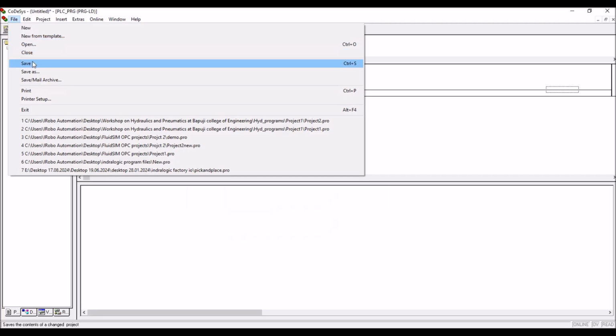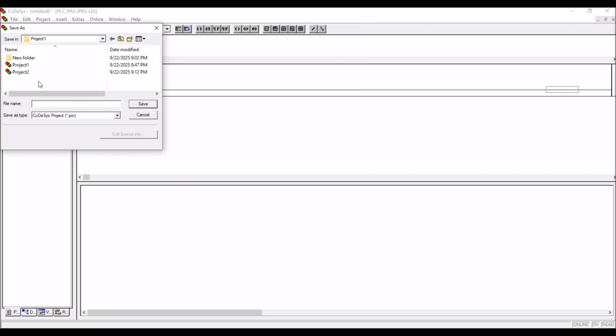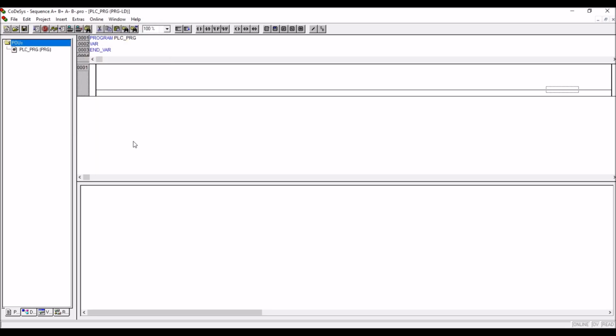So the very first step is go to File, Save, and create a new folder every time. So this is the sequence, that is A plus, B plus, A minus, B minus. So here I am going to save it as sequence A plus, B plus, A minus, and B minus. So first you have to save this, and now